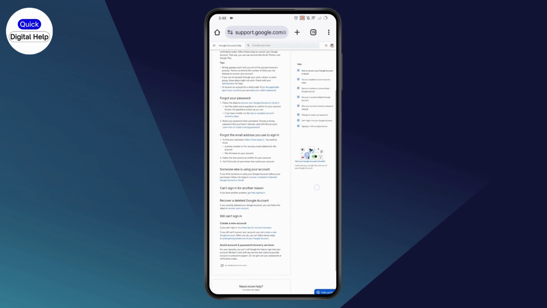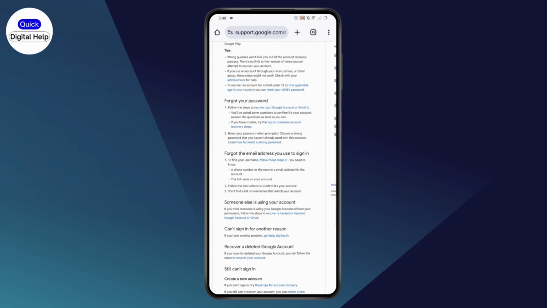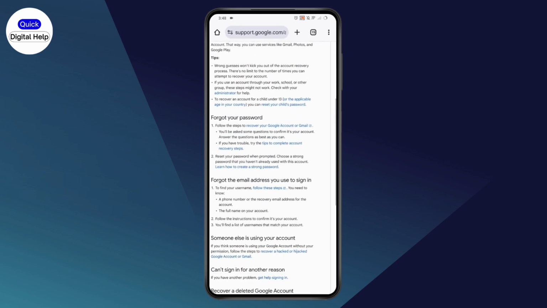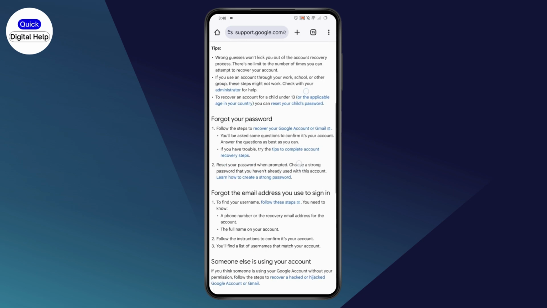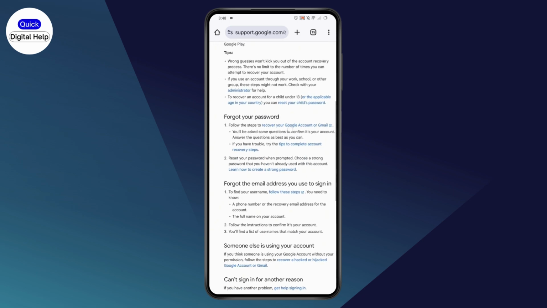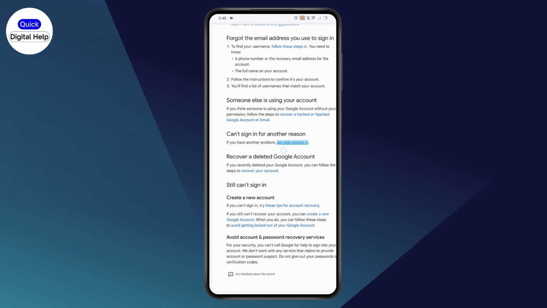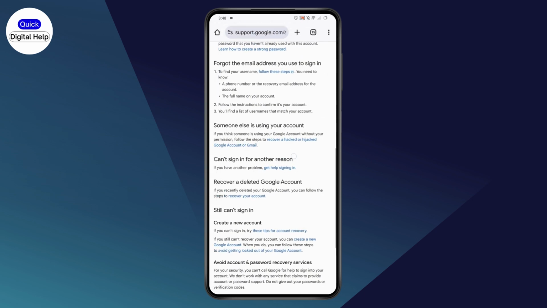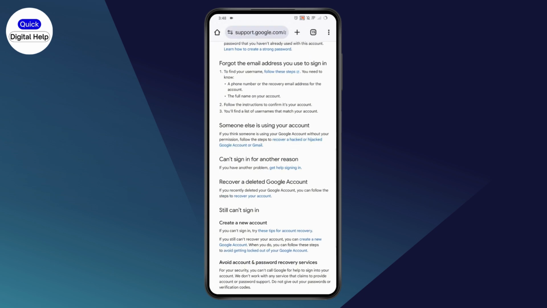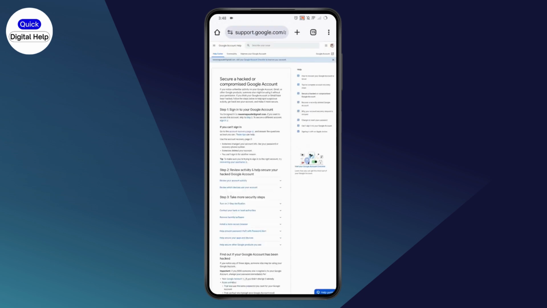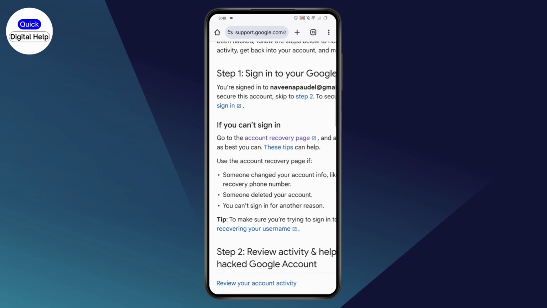Tap on the first option, and after that you need to scroll down, and here you will have an option which is recover your Google account or Gmail. If you forgot your password, you can go with this option, or if your account has been hacked, then you can scroll down, go with someone else is using your account, and tap on recover a hacked or hijacked Google account or Gmail. And now you need to tap on account recovery page, and it will take you to the